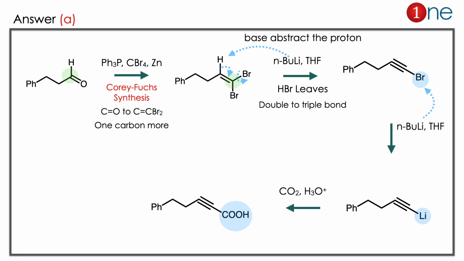Again you have butyl lithium. Butyl lithium removes the bromine and lithium replaces the bromine there. Then the next step you are using the CO2. The nucleophilic attack on CO2 leads to the carboxylic acid. So you have finally the alkyne and carboxylic acid. It's the product A. Here you have to learn 2 things. One is the Corey-Fuchs synthesis. It is the conversion of CHO into CH=CBr2. The next thing is CO2 and hydrolysis. CO2 and hydrolysis help to introduce COOH to the system.